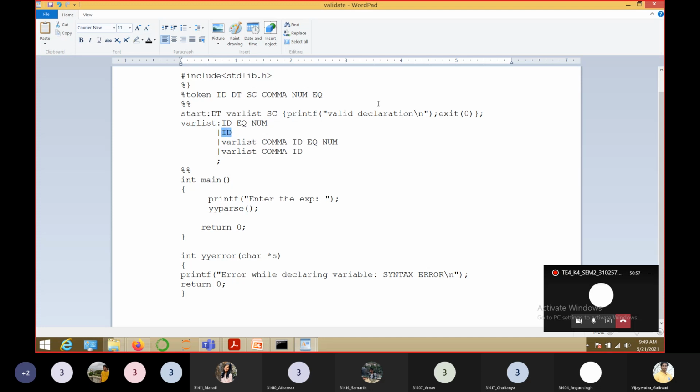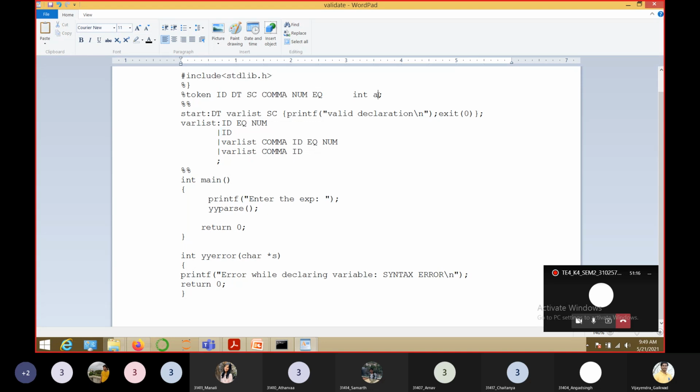For example, if I declare int a semicolon, this a is an identifier which is coming from here. Understood? Okay.